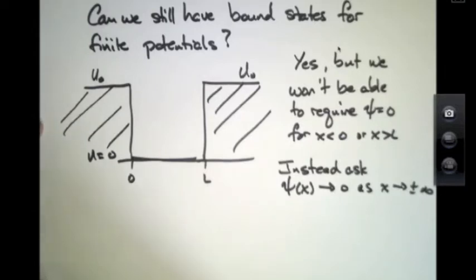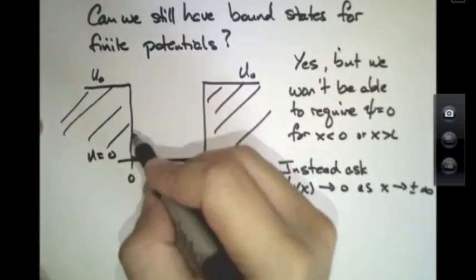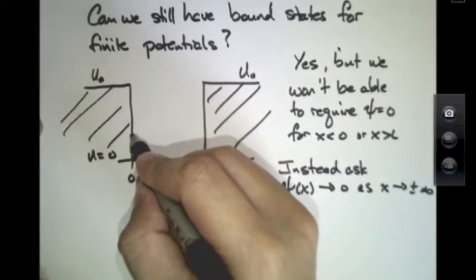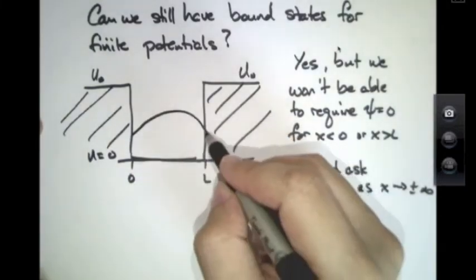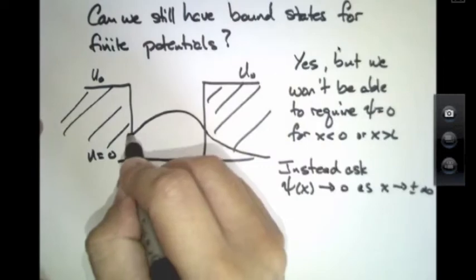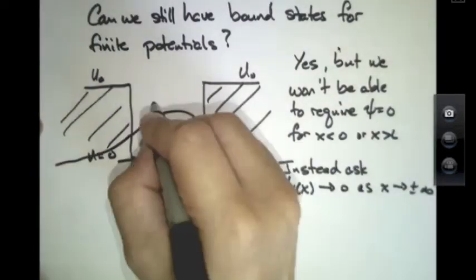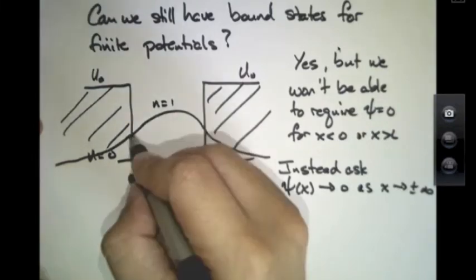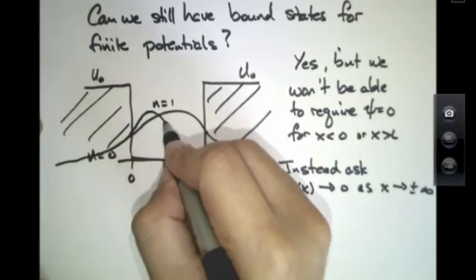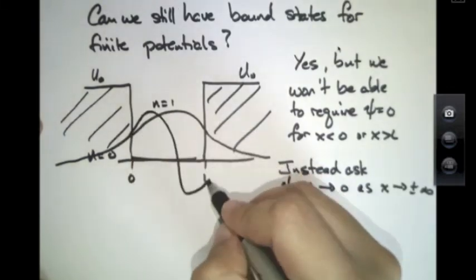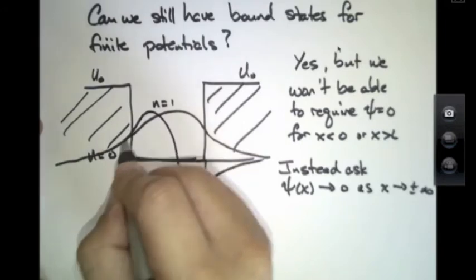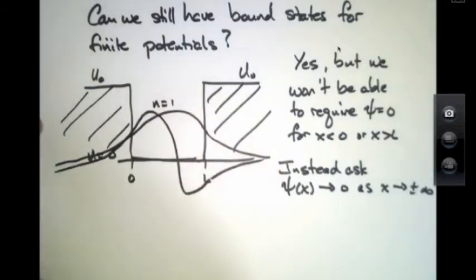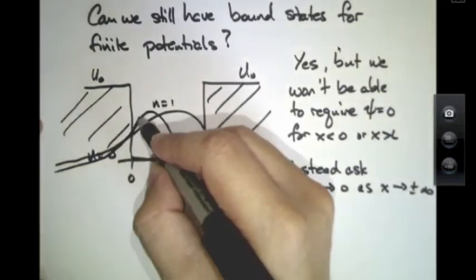So in fact, what we expect is something like a solution that looks like this for a sinusoid, but then damping off to 0. That would be something like an n equals 1 solution. For n equals 2, we then expect damping as you go out beyond the barrier, but something with 2 nodes. For n equals 3,